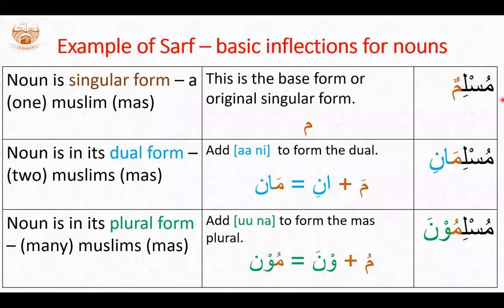So that is like the root then, that's like the base. To this word, we want to do something. We add ani to the end of it. So we have Muslim, okay, Muslim. Then we add ani to it. It takes a fatha, so the tanwin is removed. We add a fatha and it becomes Muslimani. And what have we now formed? We have formed a dual form, two Muslims, masculine.